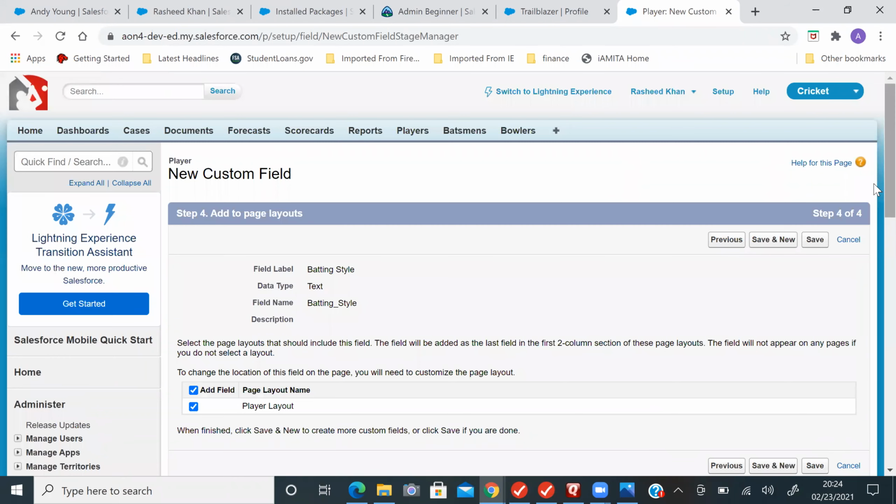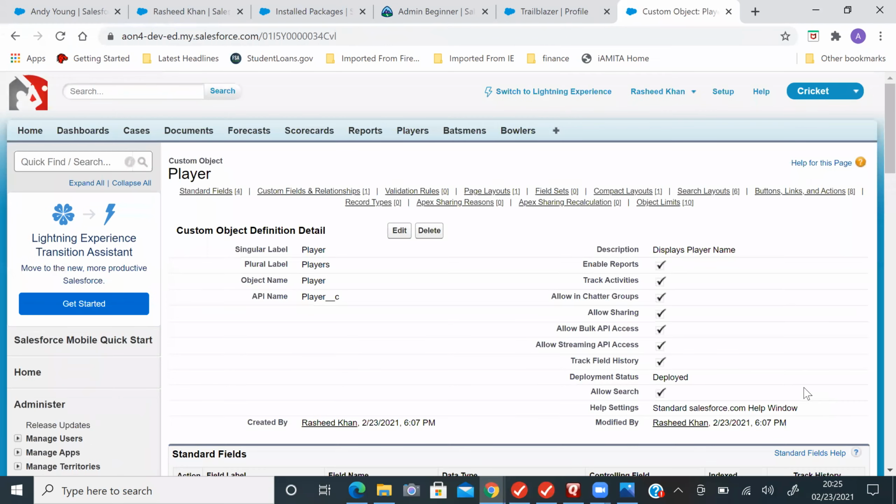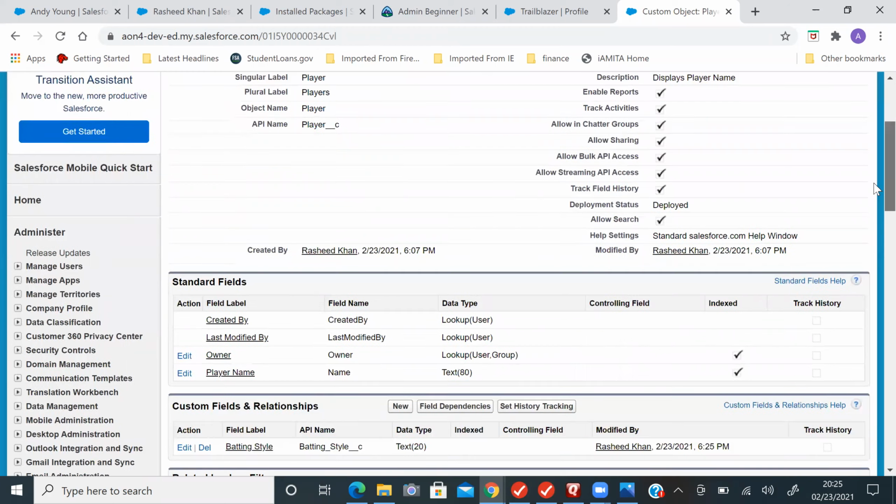So only the standard user of Salesforce and the system admin. Who is the system admin here? We are all system admins right now. Rashid is a system admin, right? Yes. So only Rashid and the particular standard user, when we create our user, will be able to access those fields. In Salesforce there are multiple ways to implement security. We will see the security model wherein we will learn all these things. Okay, perfect.